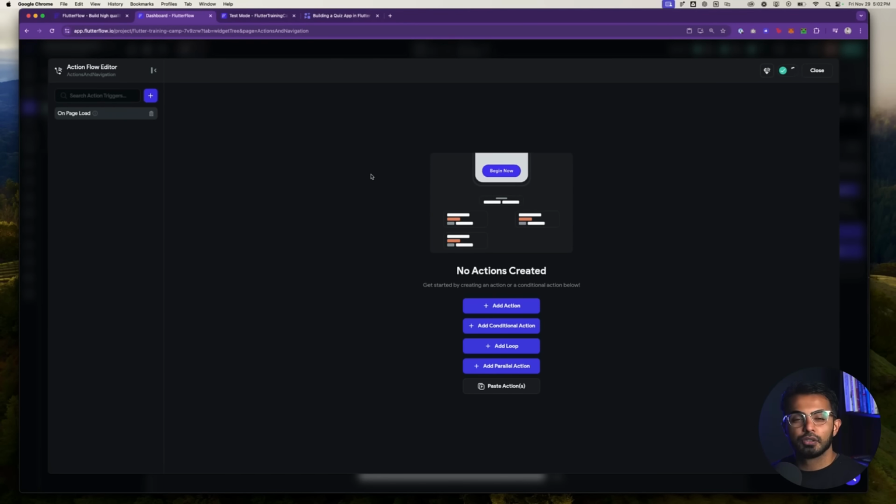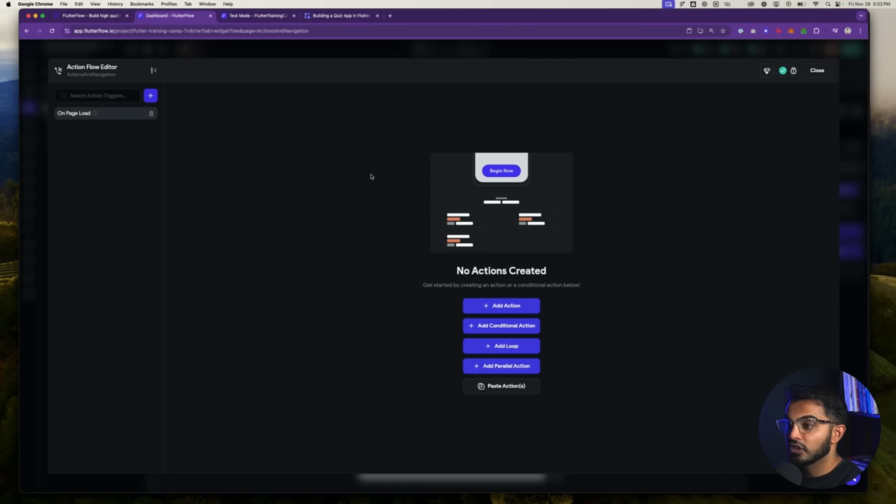And this is where you can do interesting actions like, hey, is this person a premium member of my app? If you're trying to build a monetized app, maybe you don't want to show a screen if somebody has not purchased. And say there's a button that you click that would take you to a page. Say once you land on that page, you want to make sure the user is premium. You could do that on page load by doing something called a conditional action.